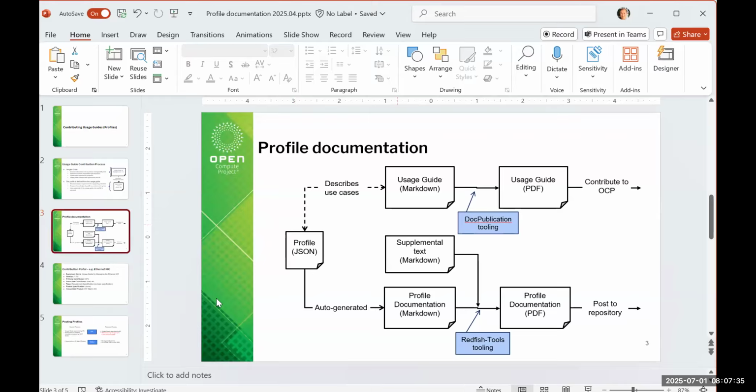Exactly. Okay, and so this also allowed, since the user's guide is using the document publication tool, which is something we had offered to OCP that they're using. I don't want to have to teach them how to use yet another tool set, which is the reference tooling for generating this documentation. That's something we can use. We can generate